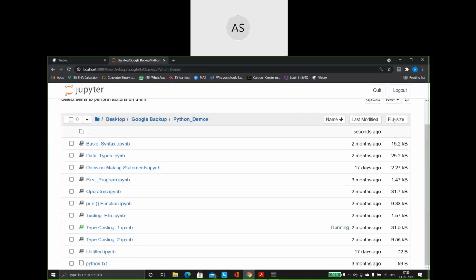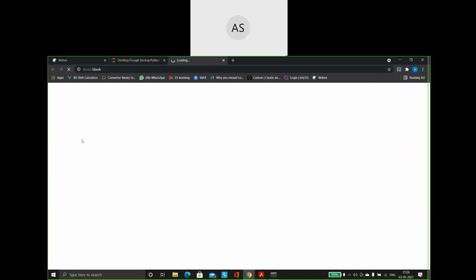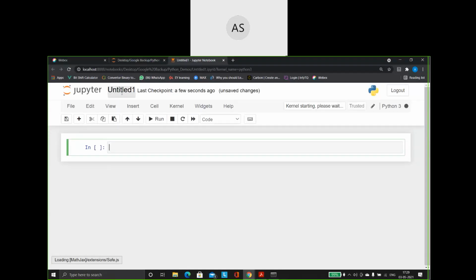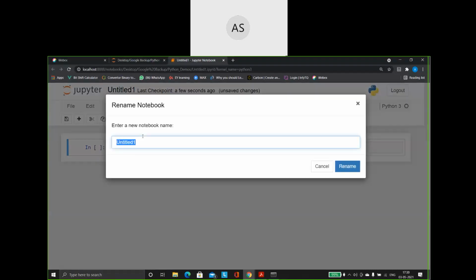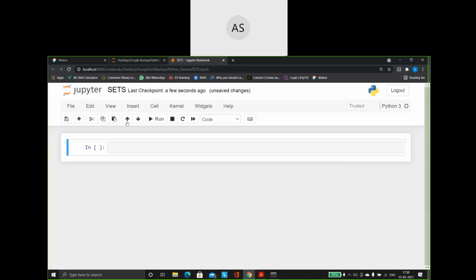Okay, there you go. Going for new Python, here you have the title. You can change the title to anything you want. I'm saving this file with the name sets. Okay, see, it is done.